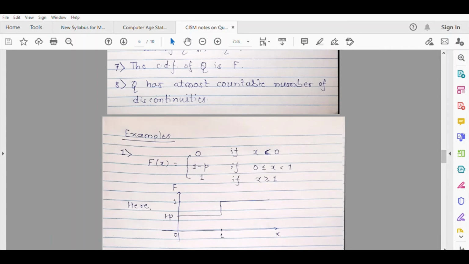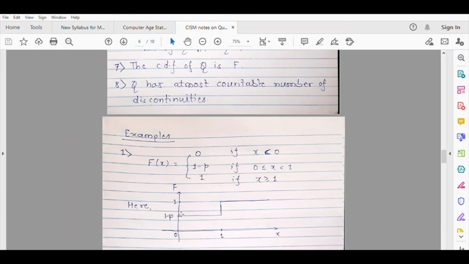So u is anywhere between 0 and 1. What are the possibilities of u? Notice that this u represents the set of values assumed by this distribution function F. When you consider the values taken up by the distribution function, you should look at the y-axis. Values like 0 and 1 are default values, so you don't need to consider them. Consider the open interval 0 to 1, because that is the set for which the quantile function is defined. You can notice that one distinct value, that is 1 minus p, lies in this interval.